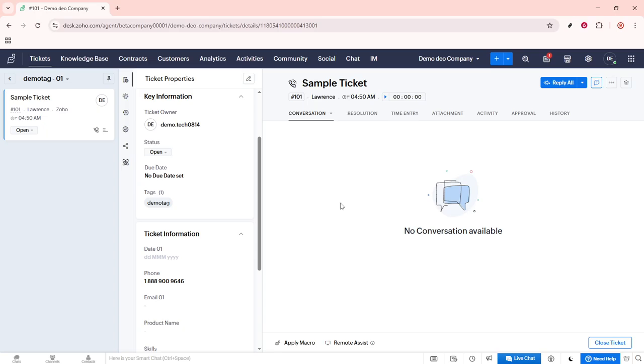As you get more accustomed to using tags, you might find even more creative or specific ways to deploy them across your tickets, further optimizing your service process. Remember, tags are not only a useful tool for organization,